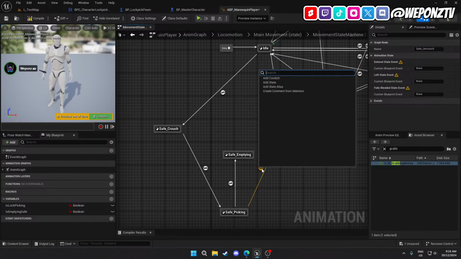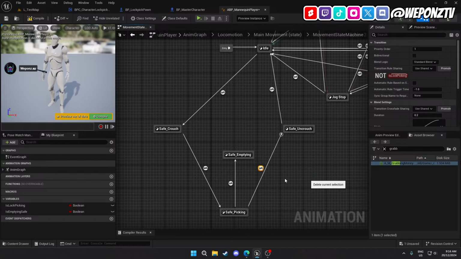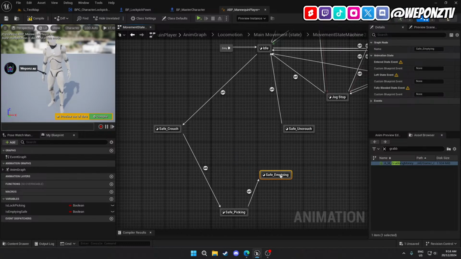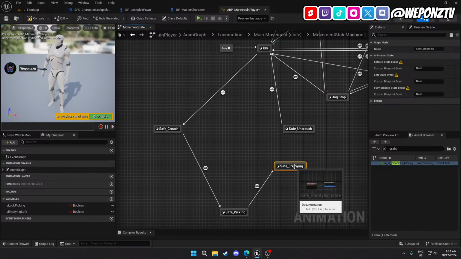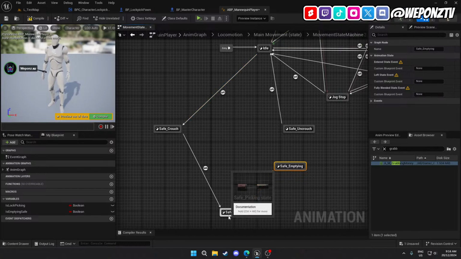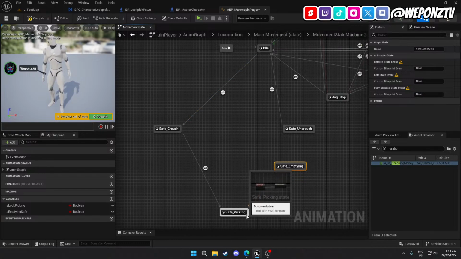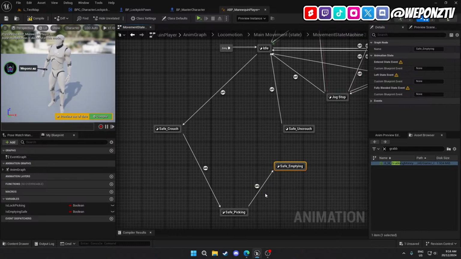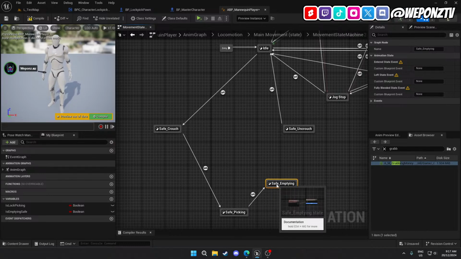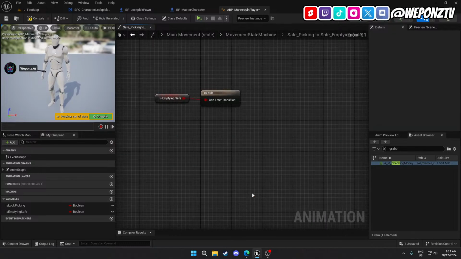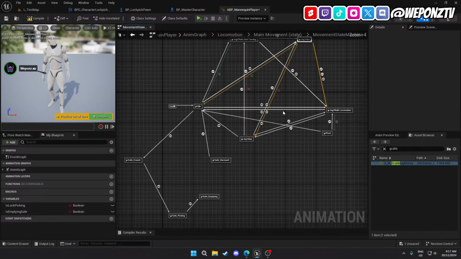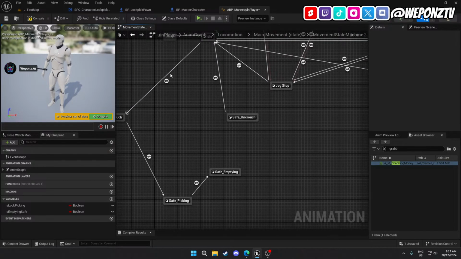That's right, this needs to be removed. So they crouch, they start lockpicking, and then while they're crouching and lockpicking, they can go into emptying the safe, which is obviously if they're emptying the safe. And then there's probably another boolean for the